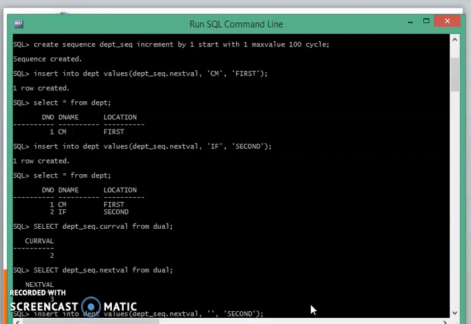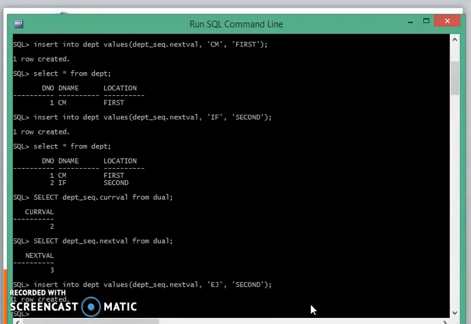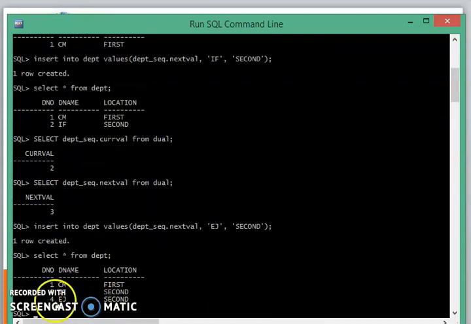Now I am changing the data for the next row as EJ and pressing enter. If we display the data from the table, it will show the value 4 because 3 is already generated by this nextval attribute. This is the creation of sequence.